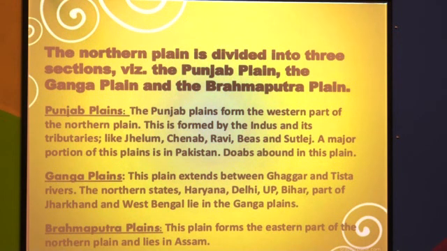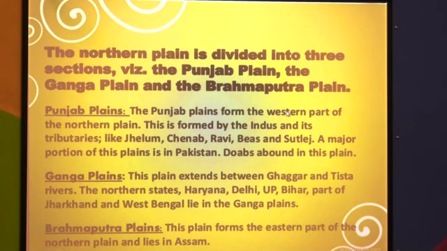So see, first we will discuss the Punjab plain. The Punjab plain is formed by our main Indus river and its tributaries. So which are the tributaries? In the last lecture, in lesson number 3, drainage, we learned about the Indus river and its tributaries. Yes students, Jhelum, Chenab, Ravi, Beas and Satluj are the tributaries of the main Indus river, and all these rivers flow through Punjab and enter Pakistan, and they cover the majority portion of Pakistan. So Indus is the longest river in Pakistan, not in India.